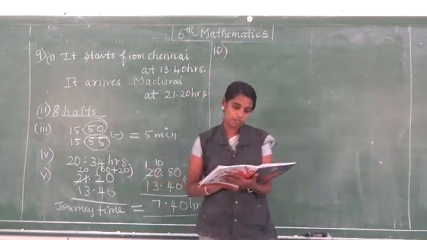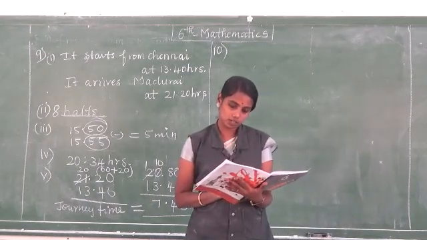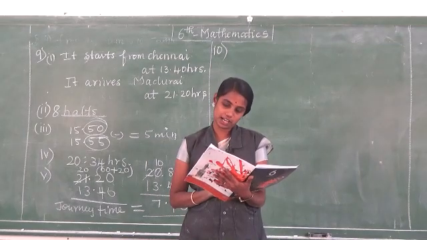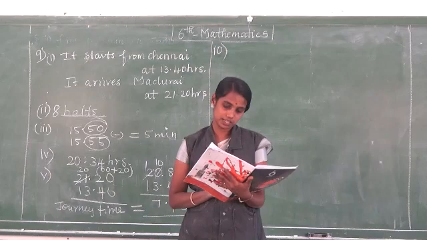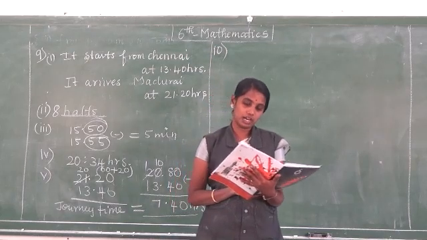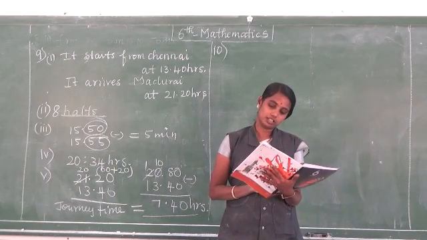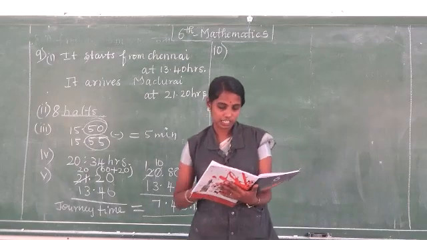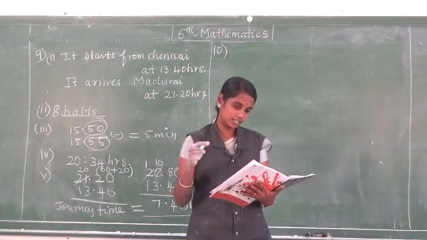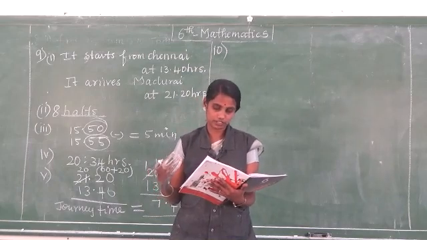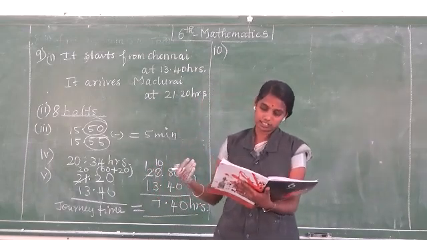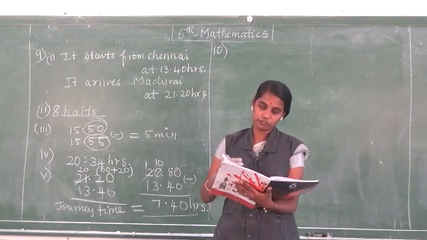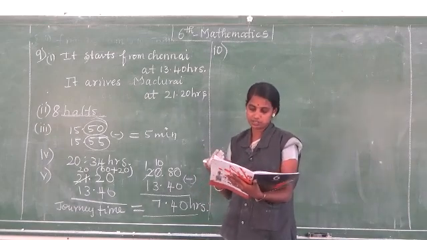Question number 10. Manikam joined a chess class on 22/2017 and due to exam he left practice after 20 days. Again he continued practice from 10/7/2017 to 31/3/2018. Calculate how many days did he practice. First he went for 20 days. Afterwards he discontinued due to the exam. Then after that he continued from the 10th to the 31st. You have to find out the days in between. How many days are we going to find out?